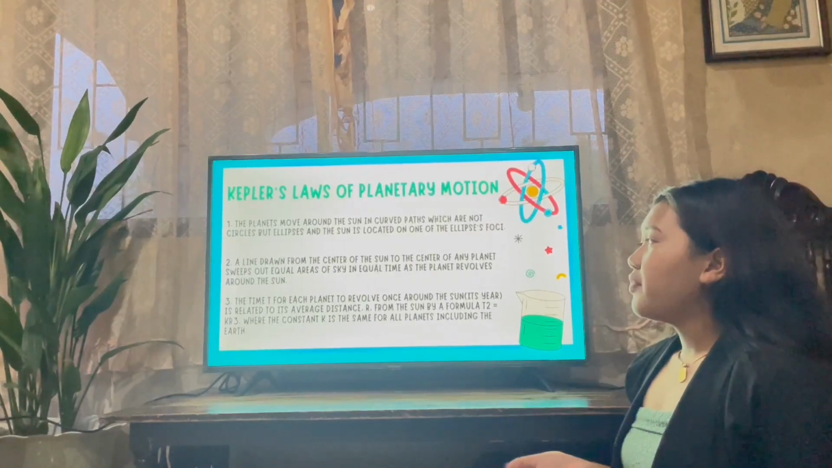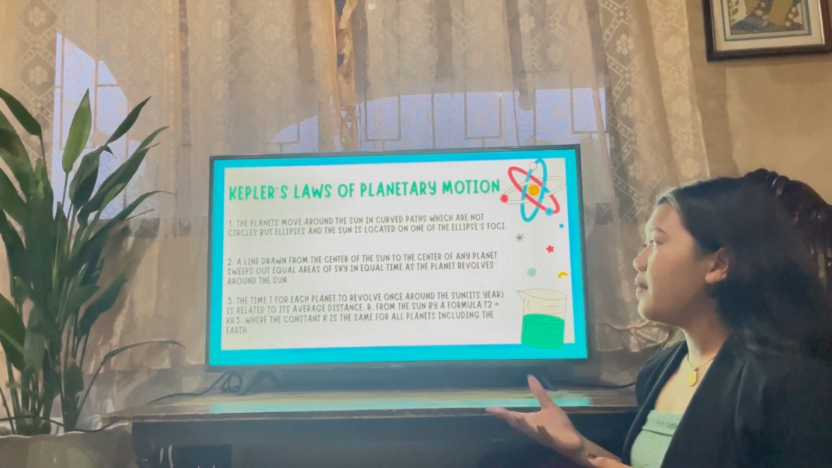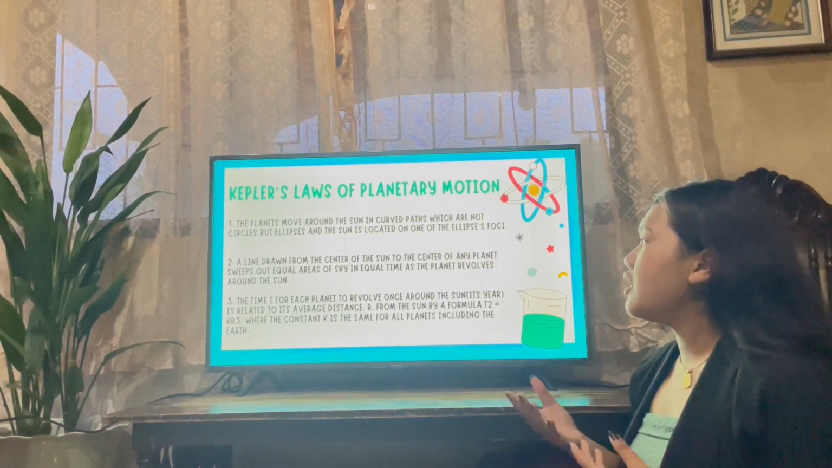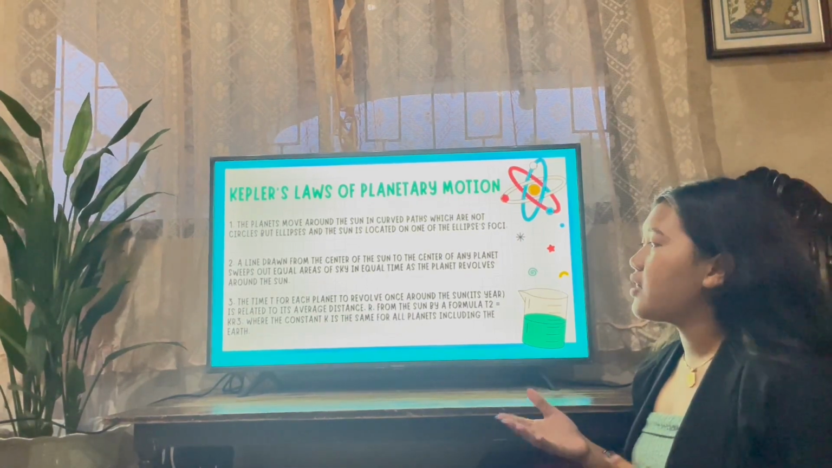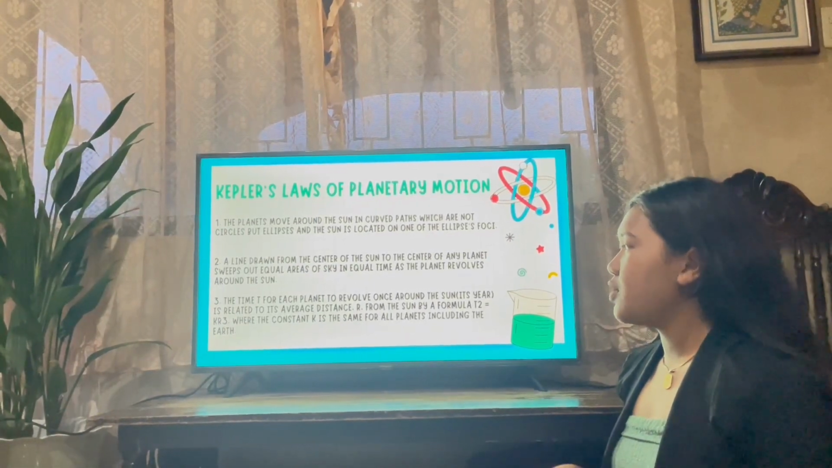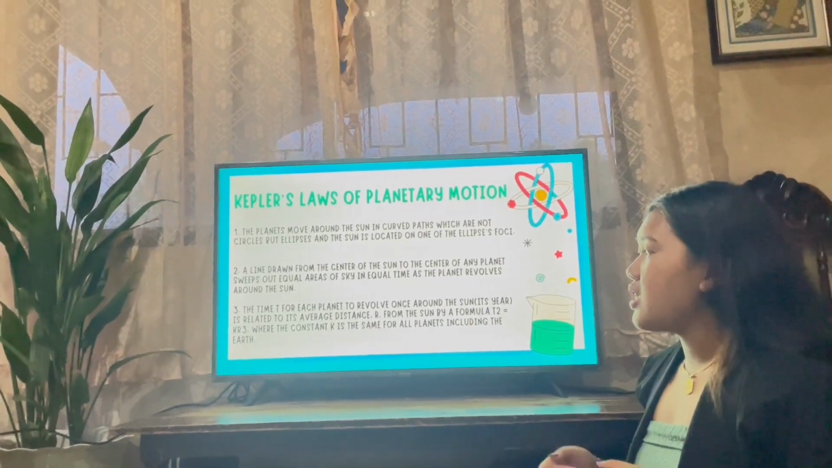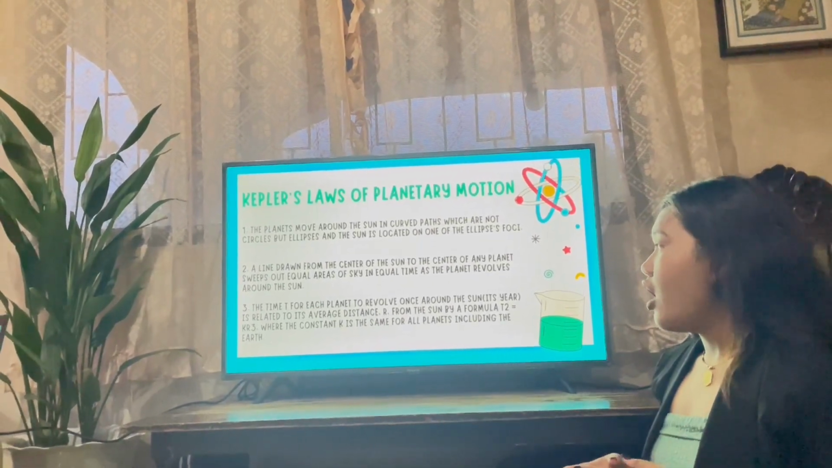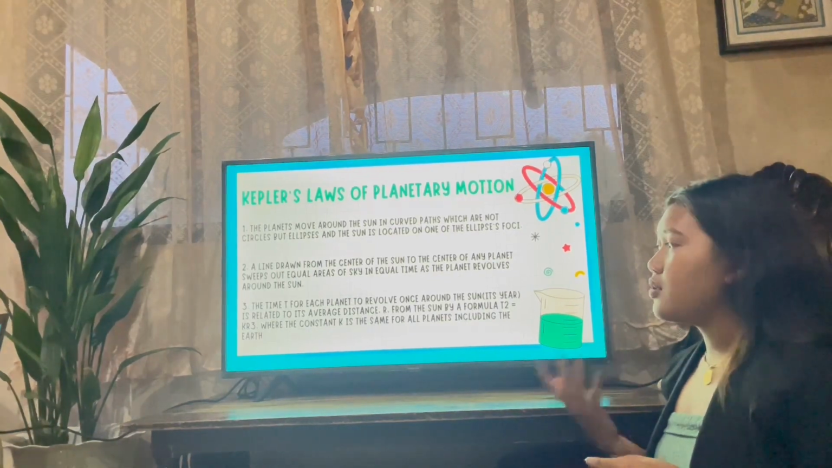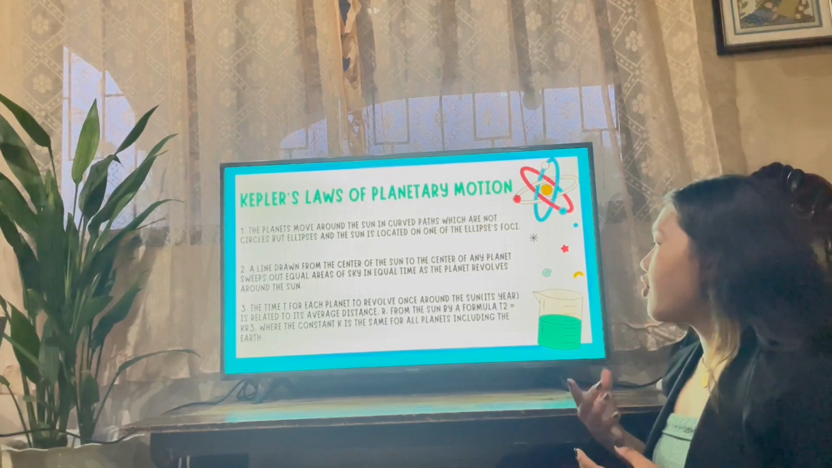The second law: a line drawn from the center of the Sun to the center of any planet sweeps out equal areas of sky in equal time as the planet revolves around the Sun. Law 3: the time for each planet to revolve once around the Sun is related to its average distance, r, from the Sun by a formula T² = kr³, where the constant k is the same for all planets